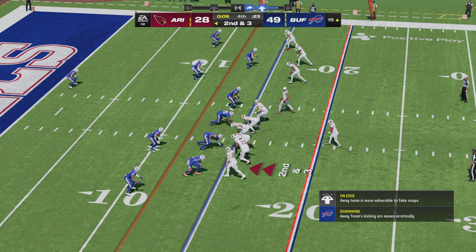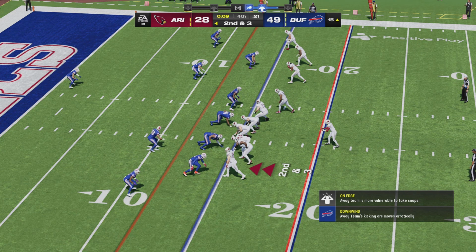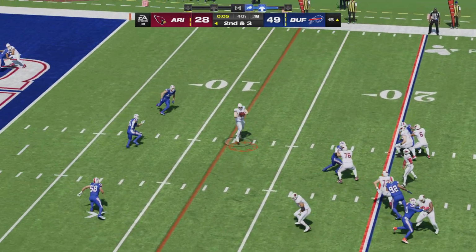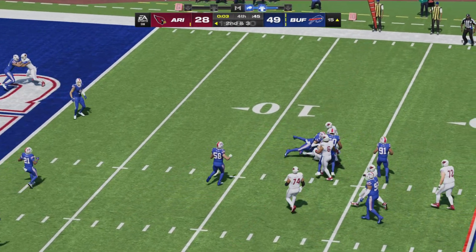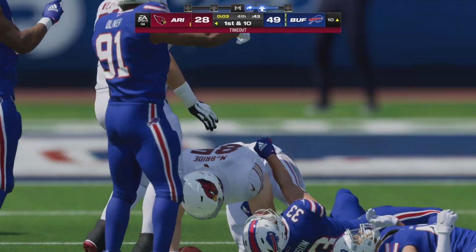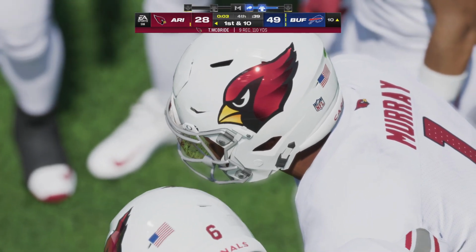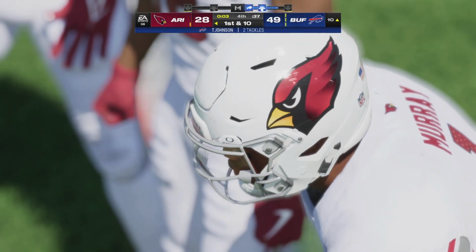Second down and 3. From the gun, Murray. That's complete to McBride. And now we're going to get a timeout. Somewhat pointlessly called with 3 seconds to go in a game that's already been decided.